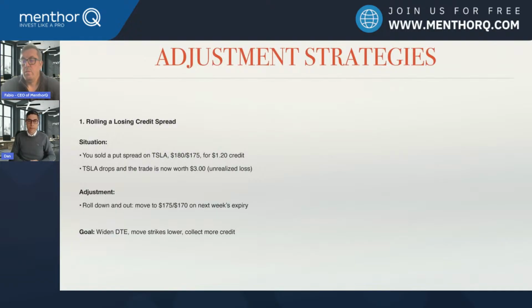So a rule of thumb is, if you can roll out in time, and if you still believe in the bias, and maybe stay at the same delta. Let's say you sold the short strike at 20 or 16 delta. I will show you some examples later in the options chain. And you can roll out and stay in the same delta, roughly, maybe 2 weeks out, 4 weeks out, plus all the data MenthQ provides gives you confidence that this makes sense. We will see a stop there, we might see a bounce, and you get an extra credit, then do it.